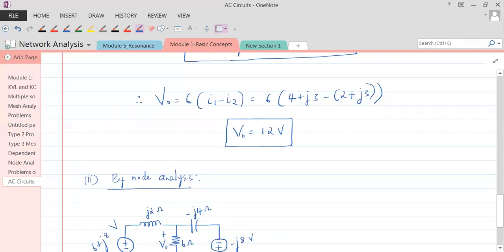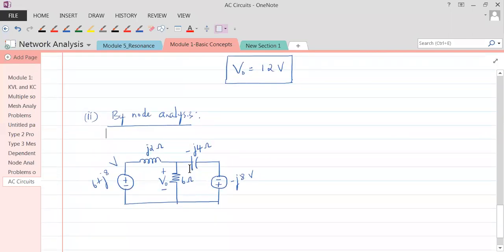So how many nodes are there? There's just one node. And with whatever is there, can you tell me what is the voltage at this point? Can you tell me what this node voltage is? Is it visible anywhere? Since there is voltage V naught dropping across 6 ohms, the voltage at this node is also the voltage dropping across 6 ohms. We could call this V1 and then write V1 is V naught, but directly this is V naught here. Let me write that.